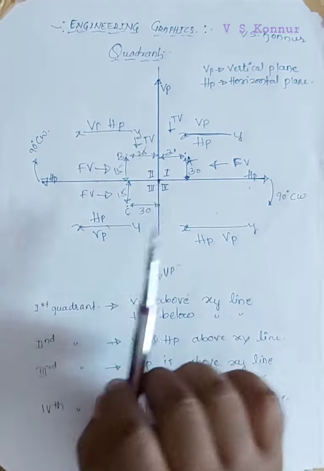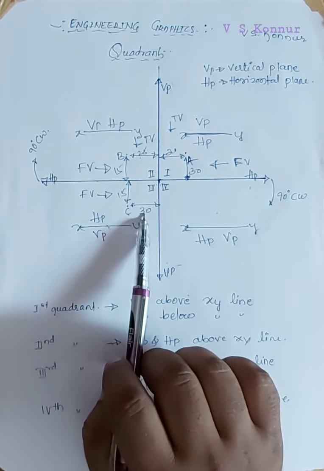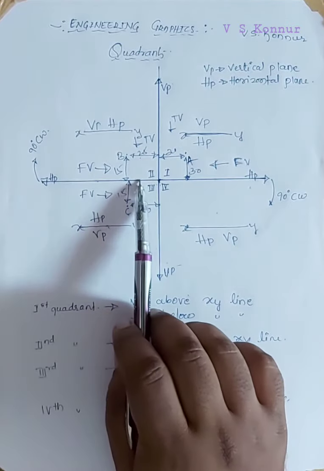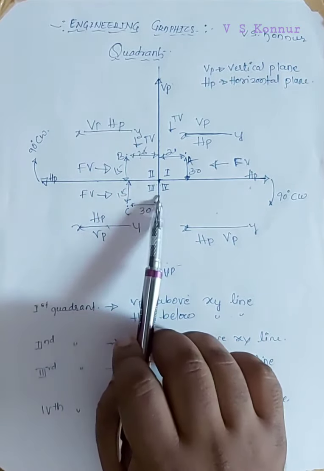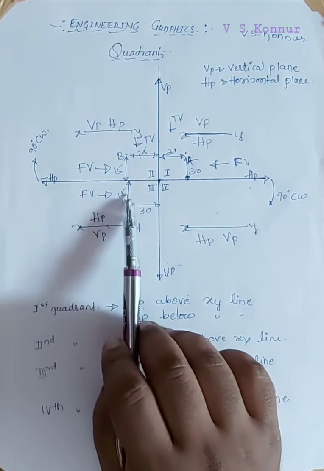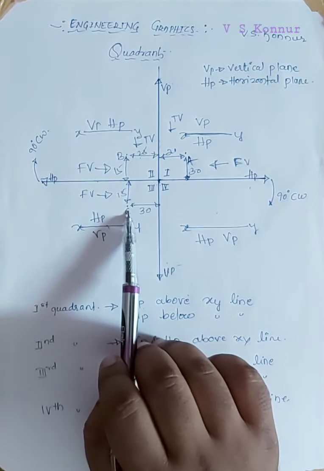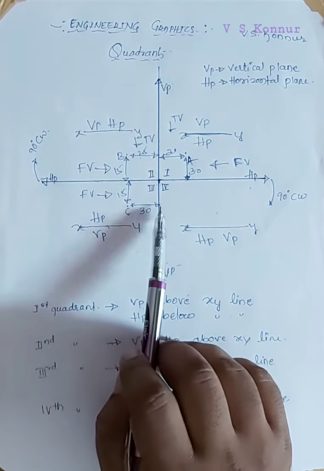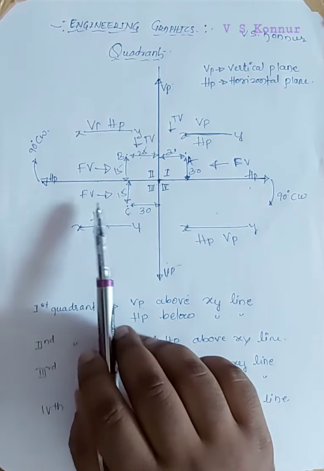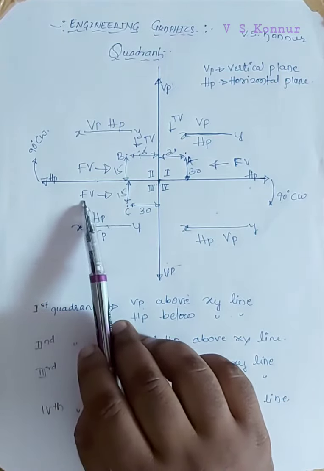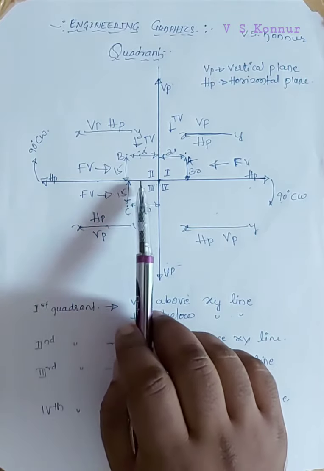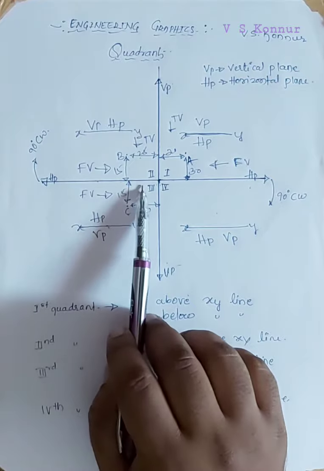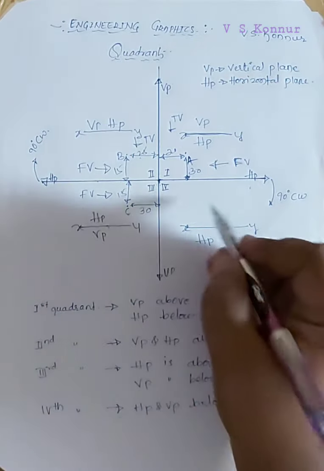The top view remains the same. You can view the top view here. 30 mm will be projecting on the horizontal plane, and in the front view 15 mm will be projecting on the vertical plane. Point C is defined as 15 mm below the horizontal plane and 30 mm behind the vertical plane. From the front view, 15 mm is projecting on the vertical plane, and 30 mm from the top is projecting on the horizontal plane. This defines point C in the third quadrant.